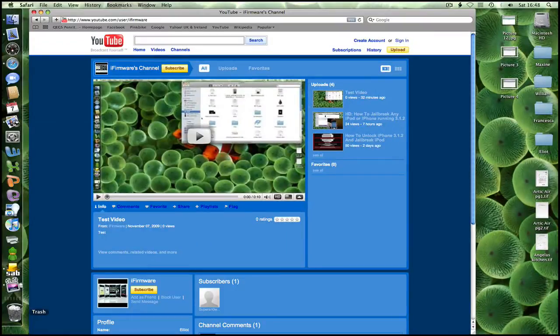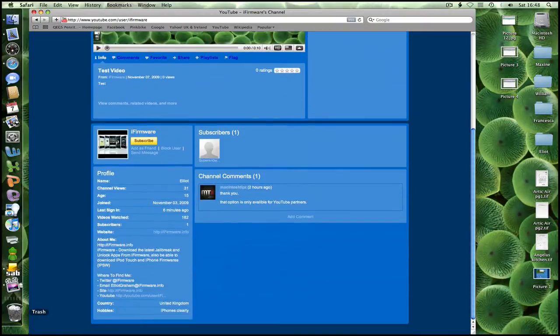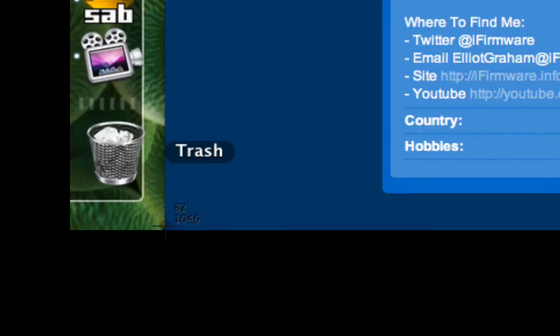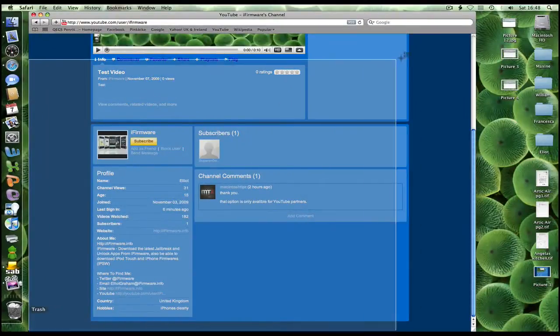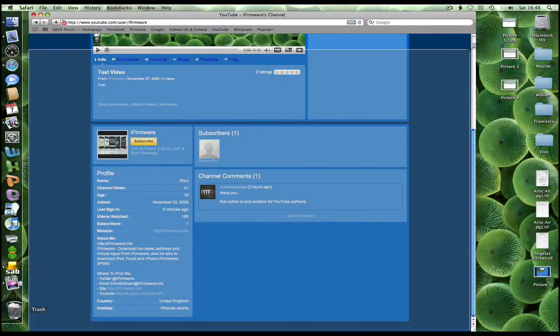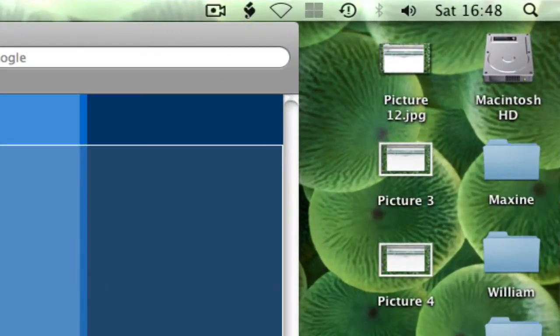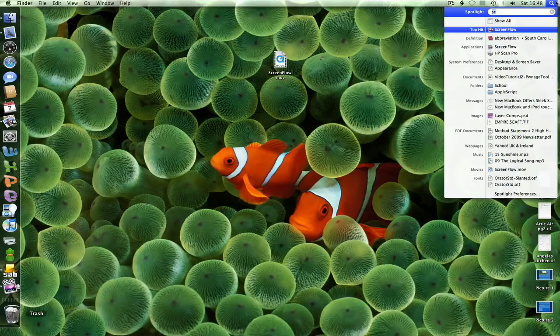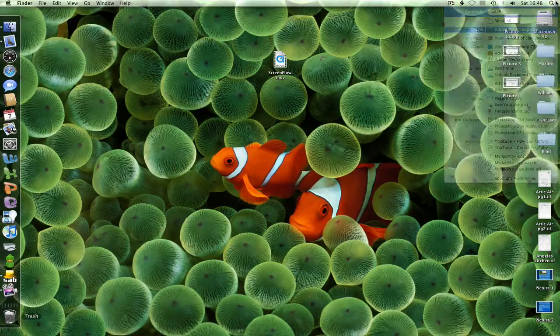So if I drag it down to the bottom corner and put it as 1334 so it doesn't touch my scroll bar, and then I'm going to want to scroll down to the bottom, hit Command-Shift-4 again, go to the bottom corner, make sure I'm 82 pixels across, drag it up past halfway, and then go to 1334 on this side. And then I've got two pictures, and then you can quit your website program, go to Adobe Photoshop,